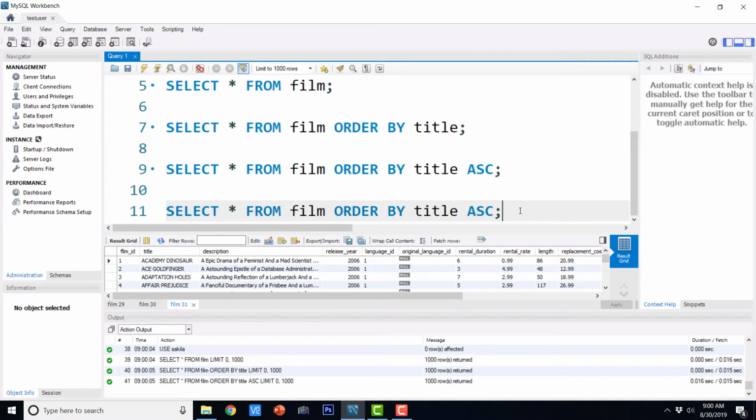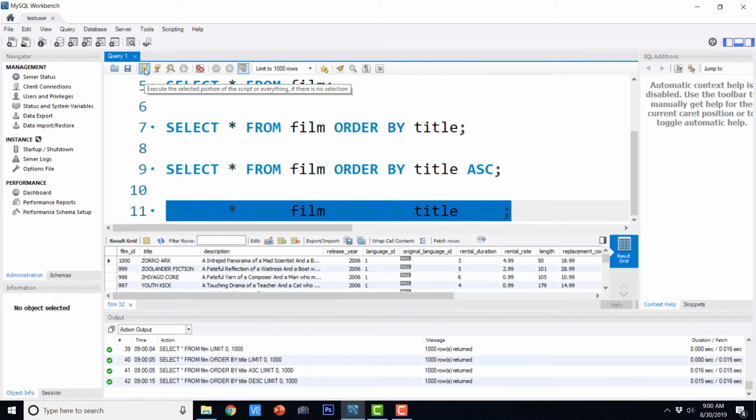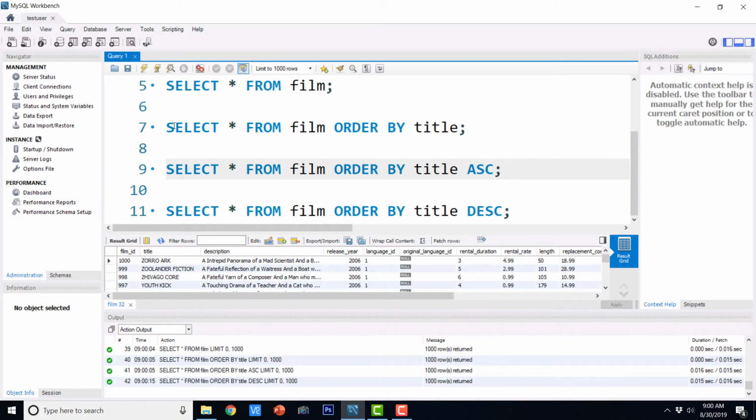And if I just copy and say DESC, then it is going to sort it in the descending order. So the meaning of these two queries is the same. Basically, whenever we say order by with some particular column name, then it automatically sorts it in ascending order implicitly. If you want to make it explicit for better readability and understanding, you can just add this ASC keyword. And if you want to sort it in the descending order, you can just say DESC. So this is how we can sort with a single column.